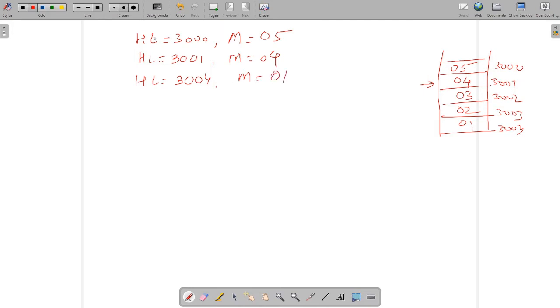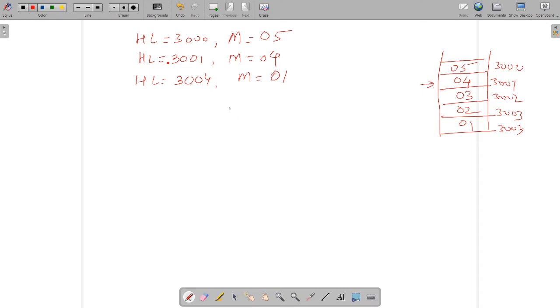It means that if you change the HL pair address, the memory pointer data changes automatically. When you use the HL pair, the memory pointer also comes into the picture. In this case we have 5 bytes of data, so we will use the HL pair.